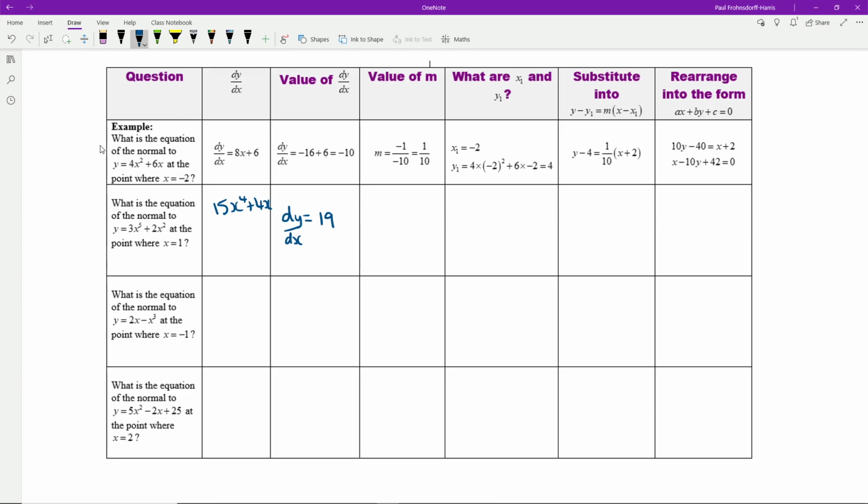If that's the value of dy/dx, then since this is the normal now, m must be minus 1 divided by that, which is minus 1/19, the negative reciprocal of 19. The next stage is to look at what x1 and y1 are. This was our first stage, but it doesn't matter which order we do things here. If I put 1 in, we have y equals 3x to the power 5 plus 2x squared. When I put 1 in, I get